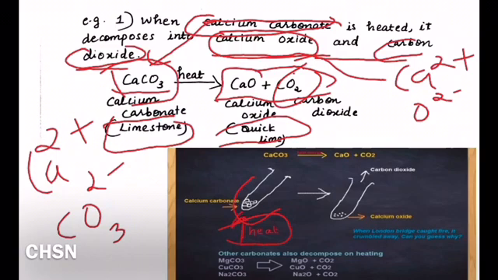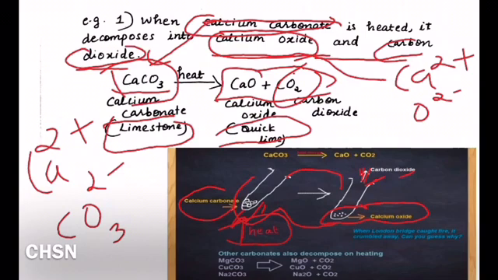And what happens? The calcium carbonate gets sufficient heat energy after some time, and then this calcium carbonate decomposes to form another solid, calcium oxide, and also one more product, that is a gas, carbon dioxide. So this reaction is the decomposition of calcium carbonate. So now we can say that this calcium carbonate will not give calcium oxide and carbon dioxide until it is heated. So we have to heat it, then only this reaction is possible.